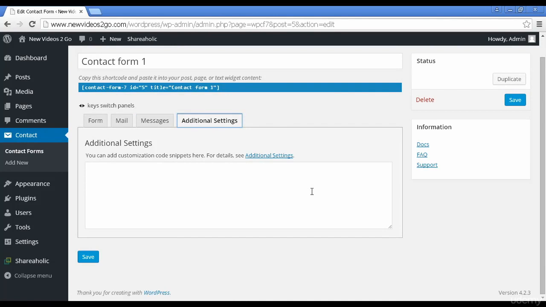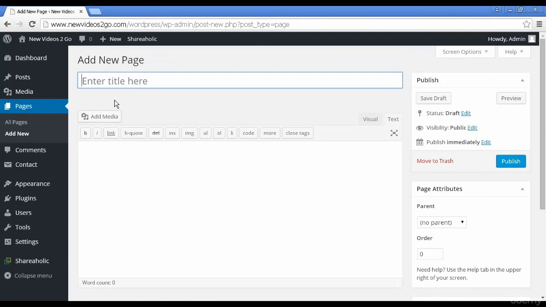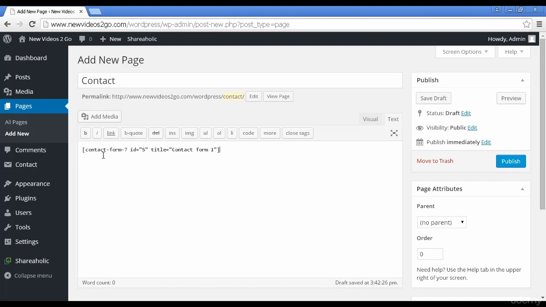And what you can do is you can enter this into either a page if you want to have a contact page, or you can enter it into a text widget if you want to have it in the sidebar and appear on every page. I'm going to have a contact page for this demonstration. So pages, add new, and we'll call this page contact. And then we just have to paste the shortcode in like that. And if I preview it,